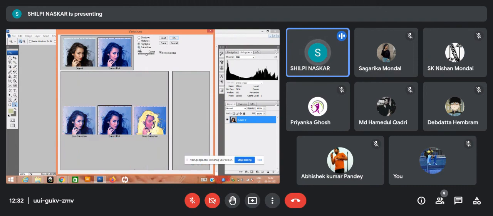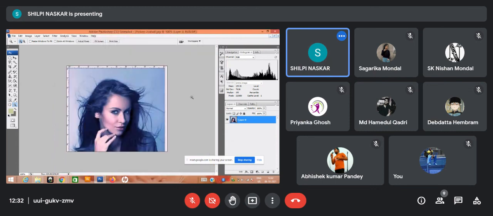In the mid-tone saturation, I want to change the saturation. I want less saturation, say, or I want more saturation. Okay, this is according to your choice. You can change it for a little bit finer output. Then you can change it to other options, and this is the output. So this is variation. Okay, so these are all about your adjustment tools.